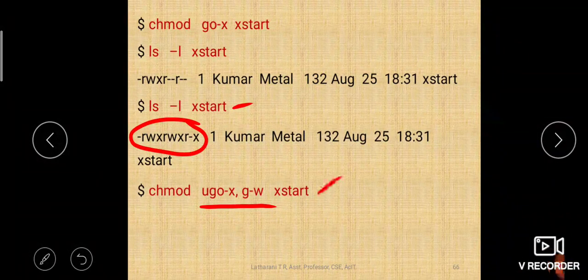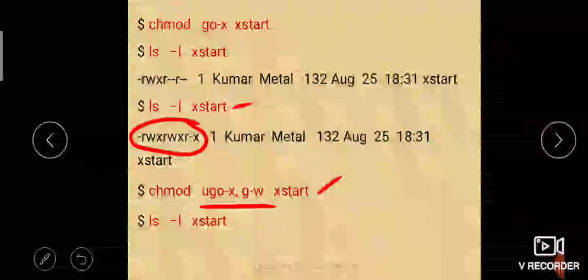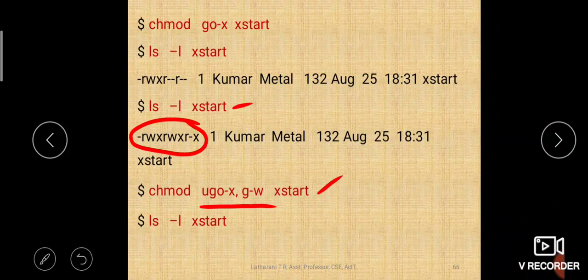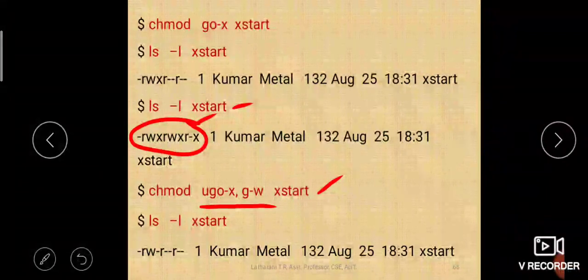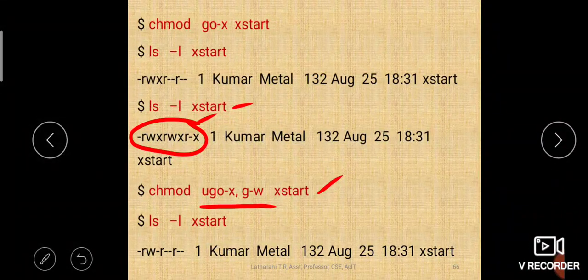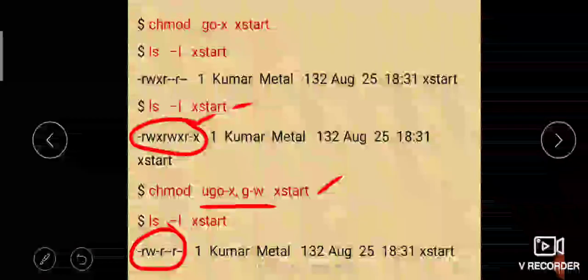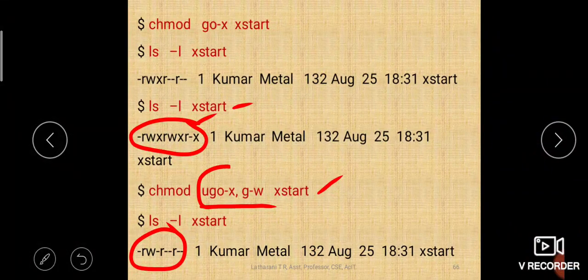Okay, when you execute this command and it is successfully executed, after that you say ls minus l, then it will display. See, you can observe that execution permission is there for user, group and others, all of them, but here you can observe that no user category has execution permission. All of them are removed because of this expression ugo minus x, which means for user, group and others remove execution permission. So that is done, right?